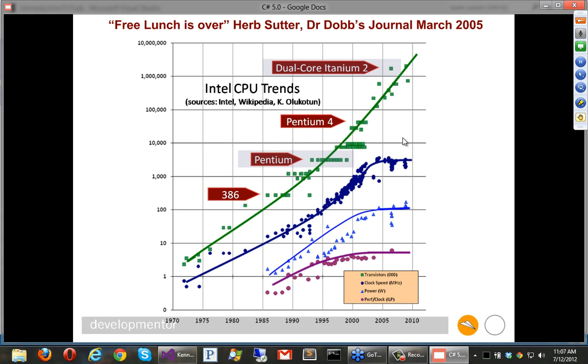All right, but something really strange happened around 2004, 2005. This dark blue graph here, this is the CPU clock speed, and that was what people sort of thought of as Moore's law, but the real honest Moore's law was about the number of transistors, right? That's the green one. So people thought of, well, Moore's law is doubling the speed of our computers every 18 months or something like that, and at some point it just stopped.